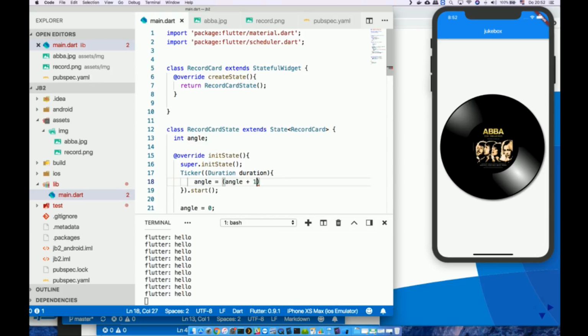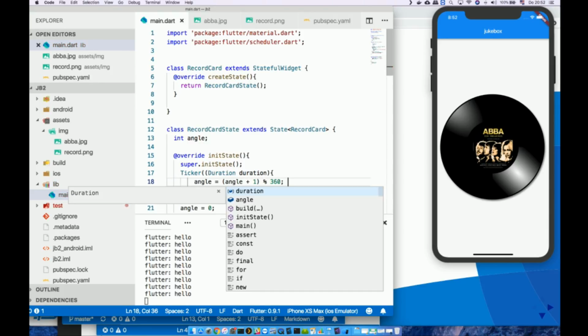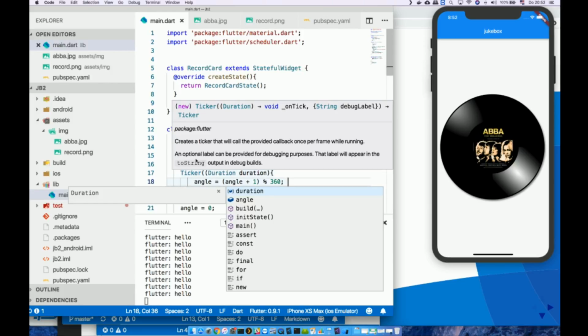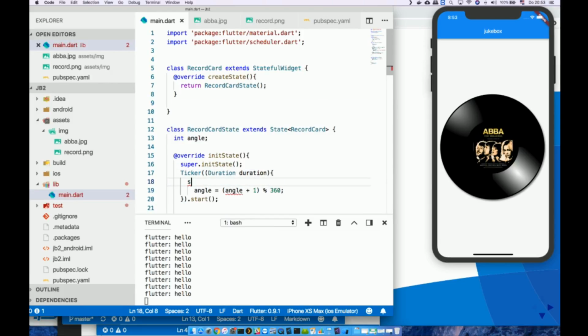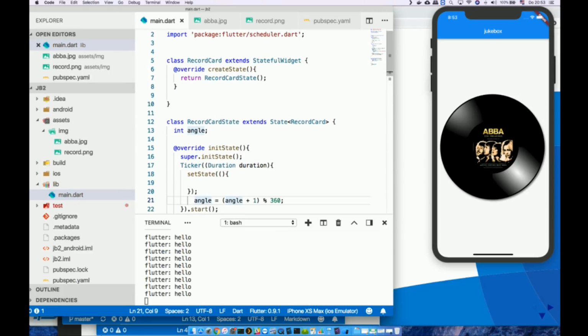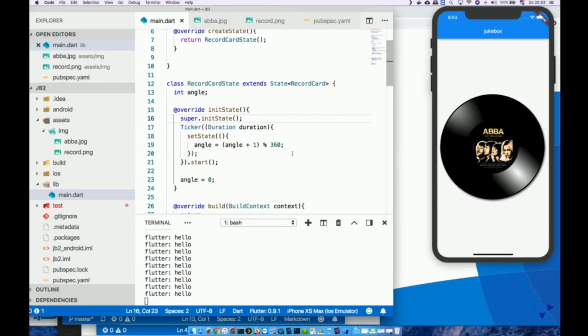I don't want it to exceed 360, so I increment the angle. But as I said earlier, I want to wrap this in a set state call. And the set state call actually invalidates the widget, therefore repaints the widget on the next frame. The ticker start actually